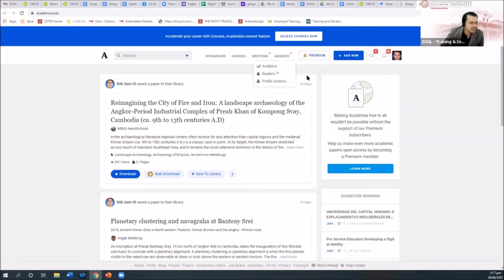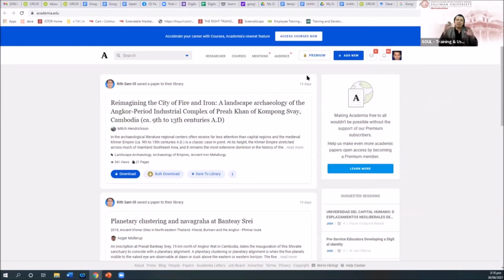So just like this, oh, why do I always receive emails from academia telling me that my name has been mentioned by certain articles? Now, as I'd mentioned, in academia, not necessarily journal article. You can even upload your love letters. You can upload your ID card, any document can be uploaded in the academia. Now, why there are mentions? Posible siya na